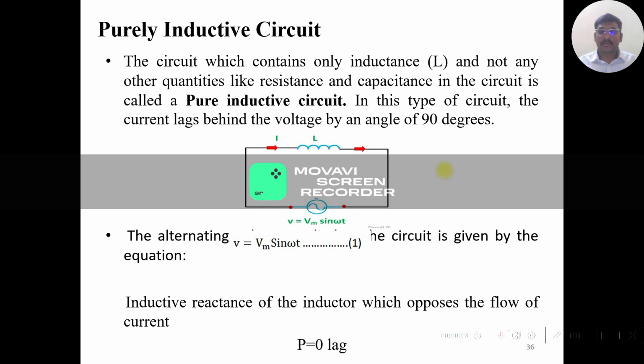Today we are going to see the simulation of an inductive circuit. We know that here an inductor is connected in parallel with the AC source, and this inductor will withdraw a current which lags the voltage by 90 degrees. So theoretically that inductor will withdraw a current which lags by 90 degrees. So this is our theoretical concept,